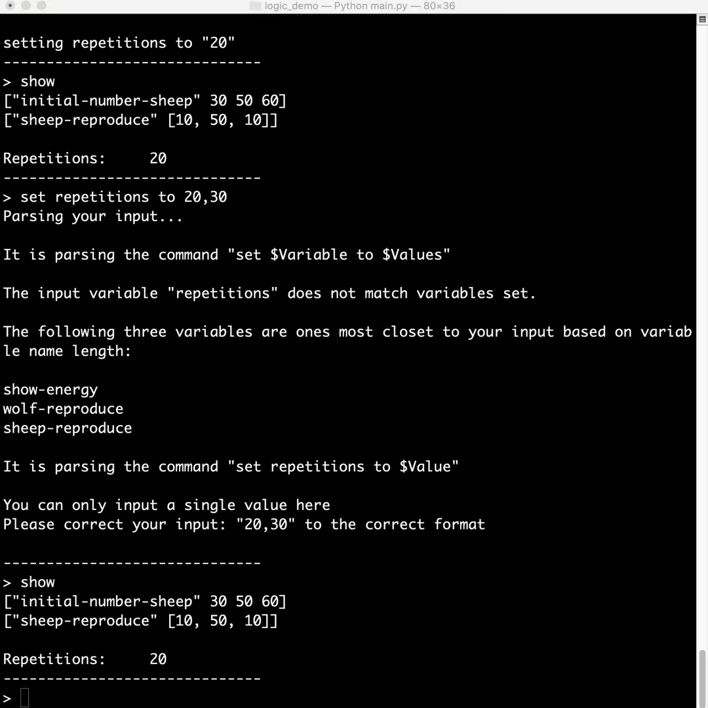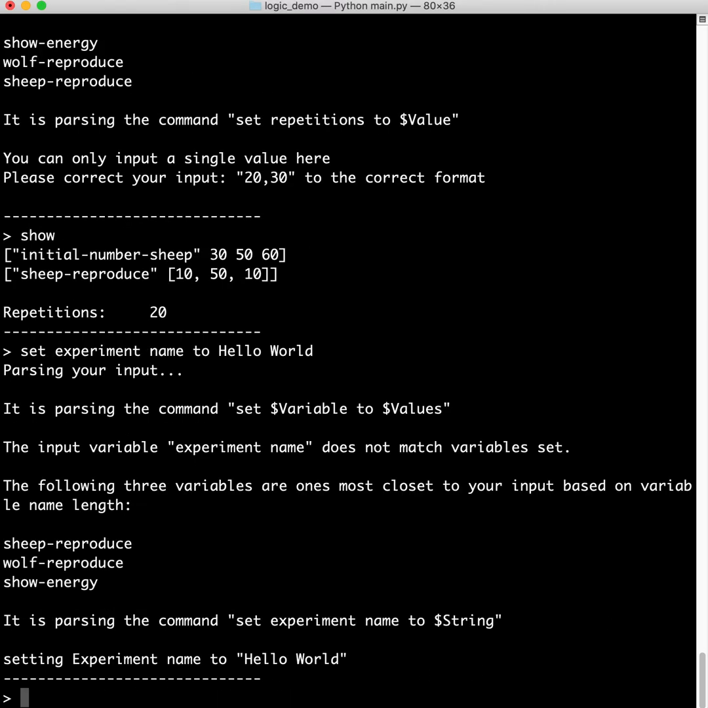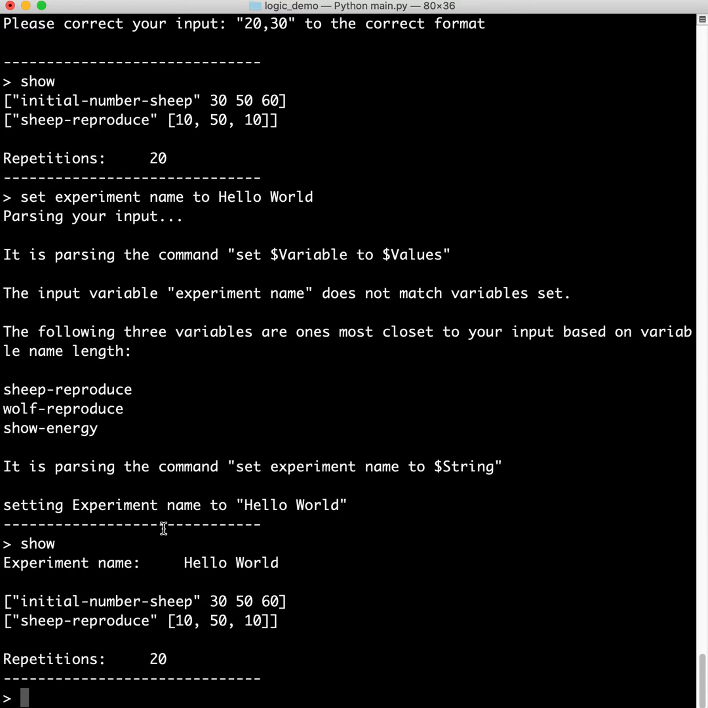Now similarly, we can also set the experiment name to hello world. For this command, it also firstly matches the predefined command set variable to values. Similarly, the system cannot process it correctly. So then it will jump to another command, set experiment name to the string. So it successfully sets the experiment name to hello world. If we type in show, you can see the experiment hello world, and here are the other